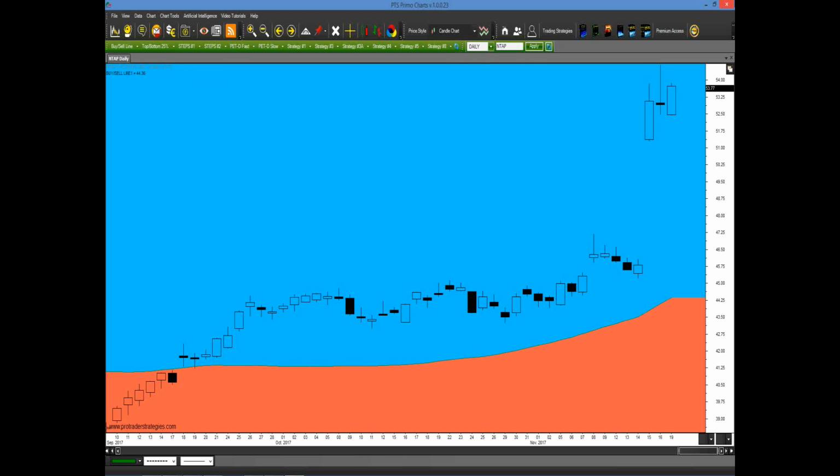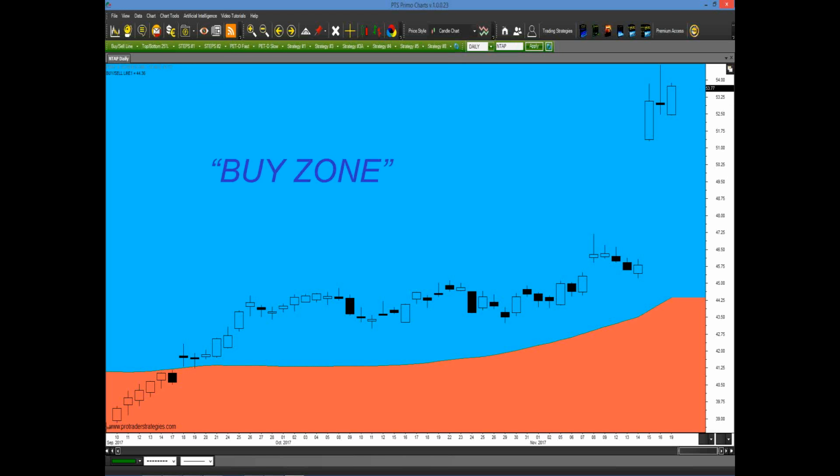Now what does this mean? Well, as you see the price bars here, the majority of them are with a blue background, that's telling you that's the buy zone. So anytime price bars have a background of blue, that means you should only be a buyer. Now, does that mean you just simply buy at the market? No, it means that you're looking for buy setups.